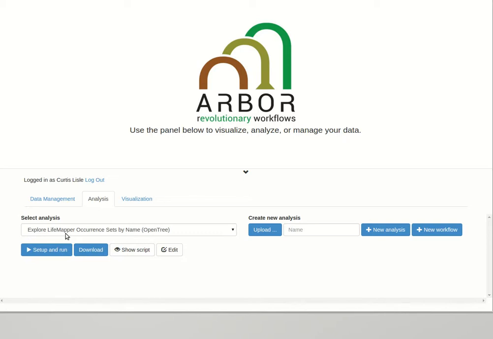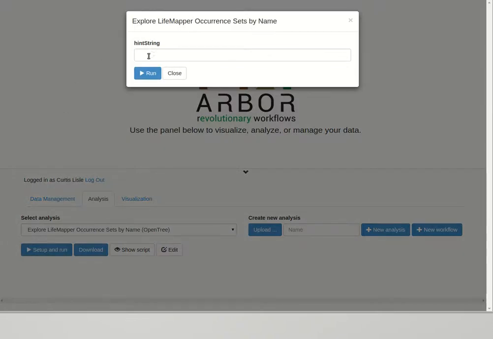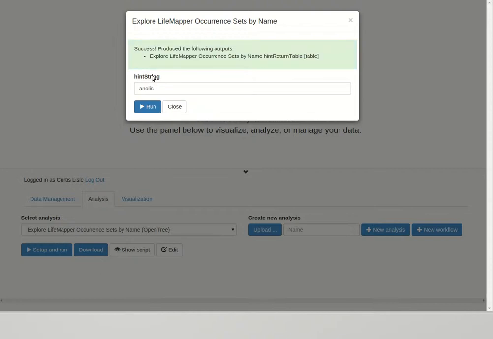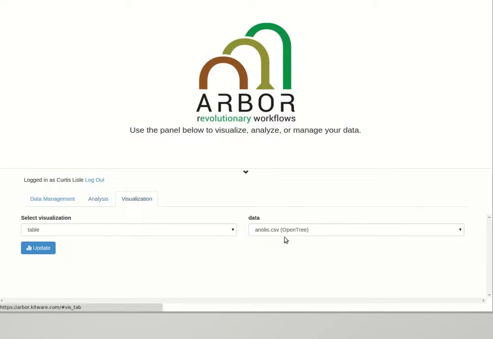So we have an analysis built into Arbor called Explore LifeMapper Occurrence Sets by Name. It lets us put in a name prefix for a taxon. Let's say Heliconia. I don't know, Anole maybe. And this doesn't have to be a final taxonomic name of an OTU of an existing species. It can be a prefix, and then this prefix is used. The term in LifeMapper is the species hint, for example,